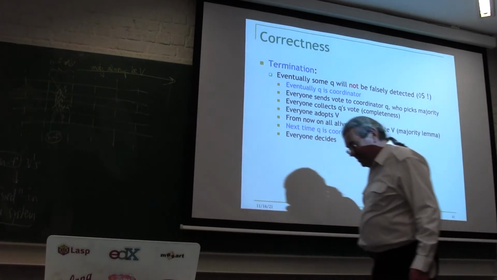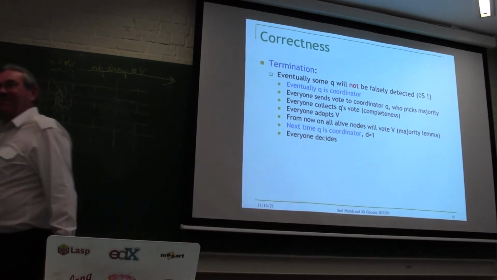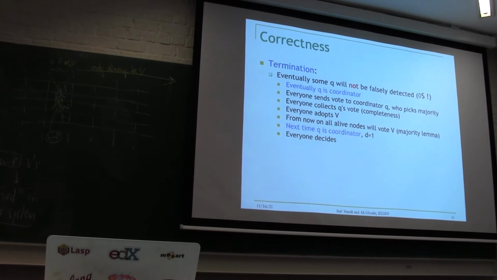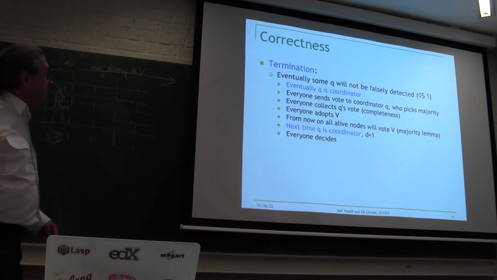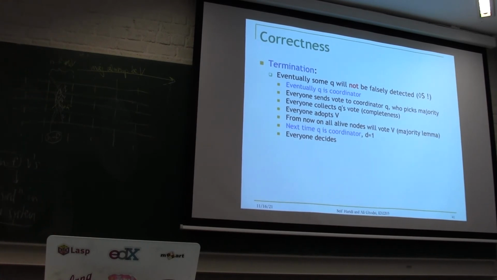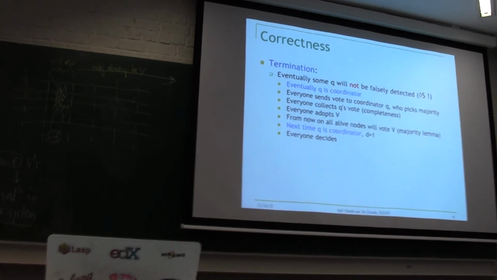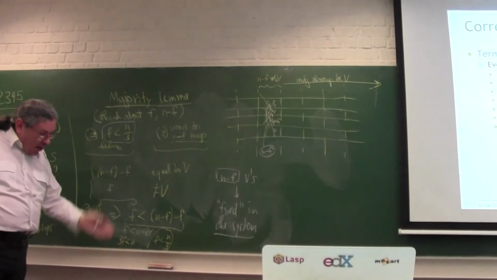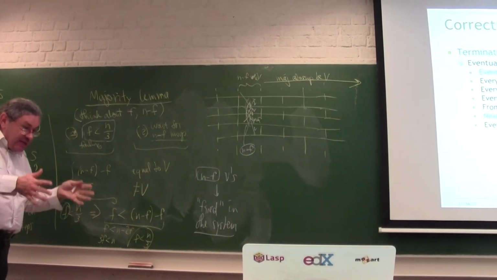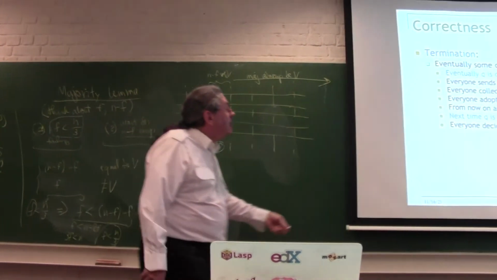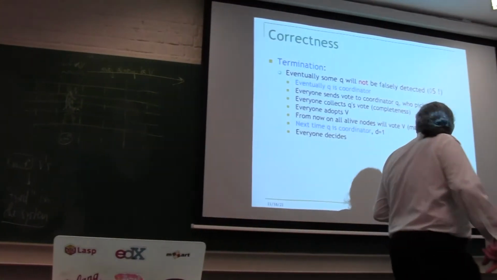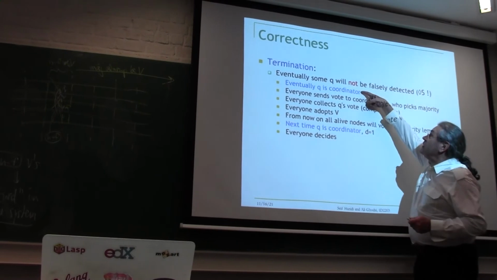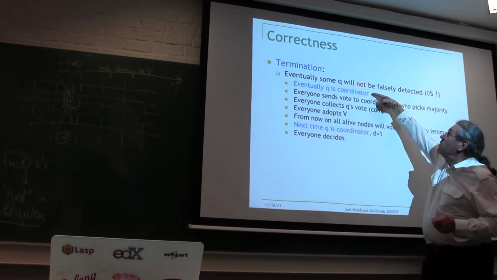Oof, I can see you are overjoyed to understand how it works, just like me. But you see how it's working? So basically, this thing, the f less than n over 3, means that once you have a 0 or 1 frozen, it stays there, and it will not change. That's important. And then the next thing is the eventually S.